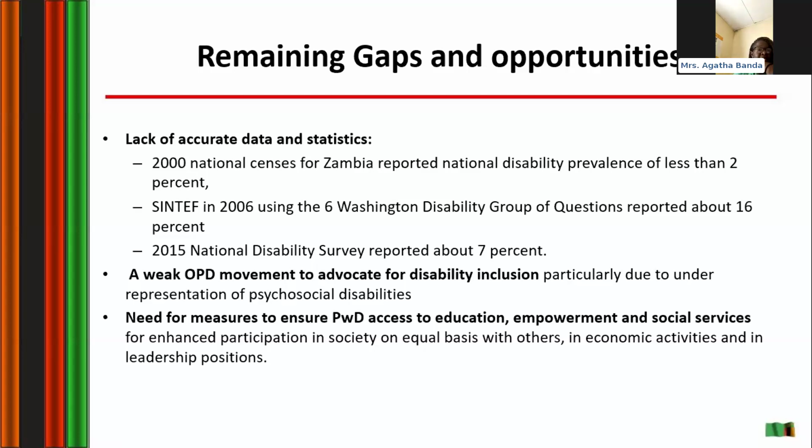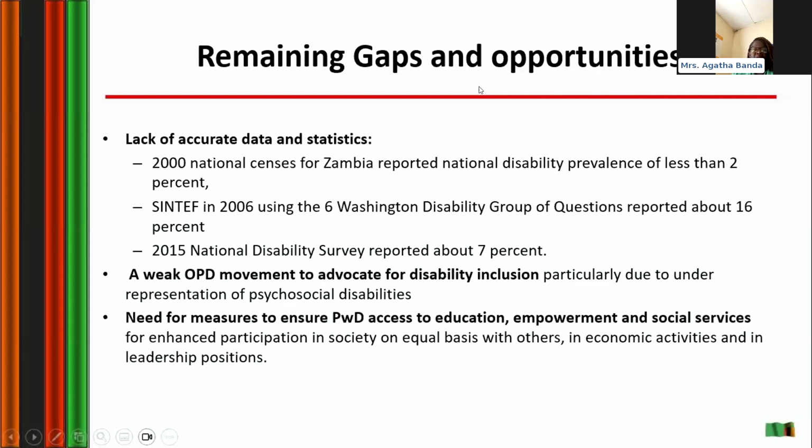So basically, this is where my presentation ends. I just wish to say that, yes, as a nation, we have made strides, but there's still room for improvement. Though we have the social cash transfer program, where persons with disabilities are receiving the double payment, we still have an outcry from persons with disabilities who would prefer to have an allowance as opposed to this cash payment, because their justification is that